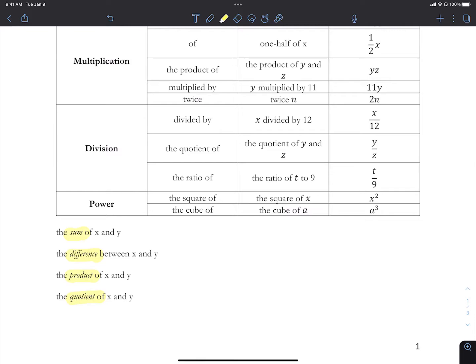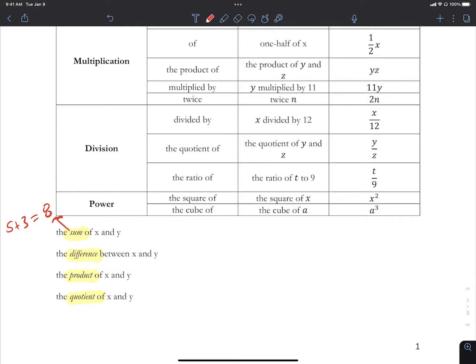So sum, remember, is what we call the answer we get when we add things, right? So like 5 plus 3 equals 8, right? The sum would be 8,